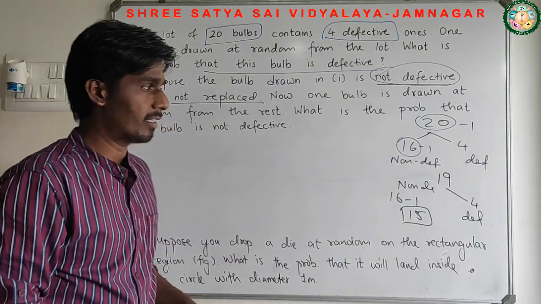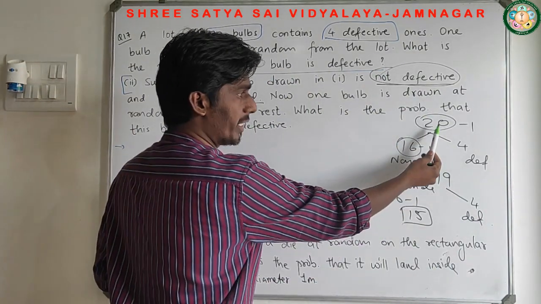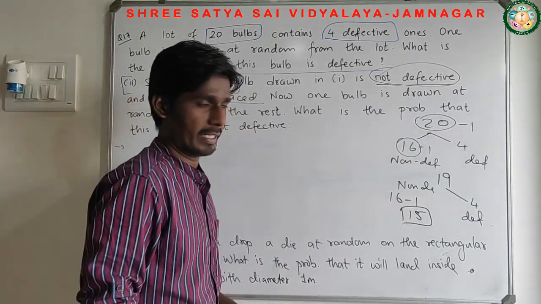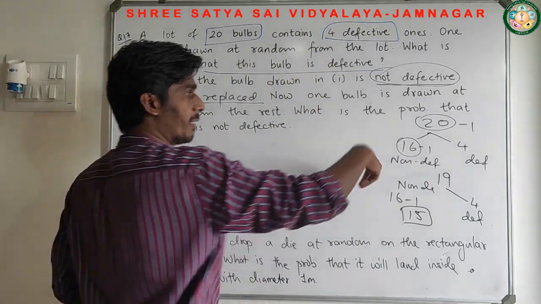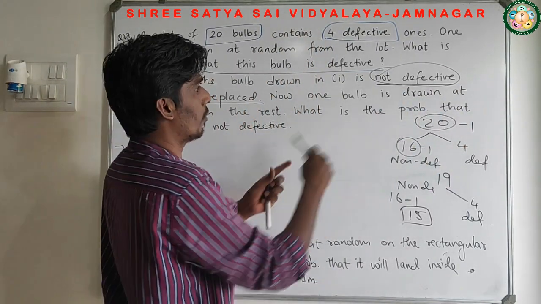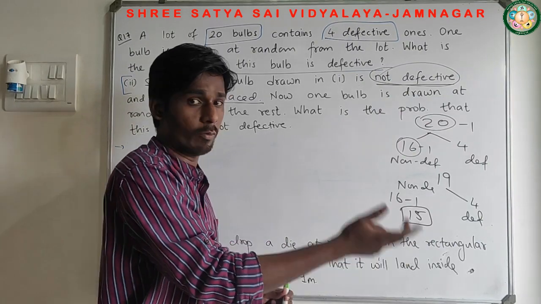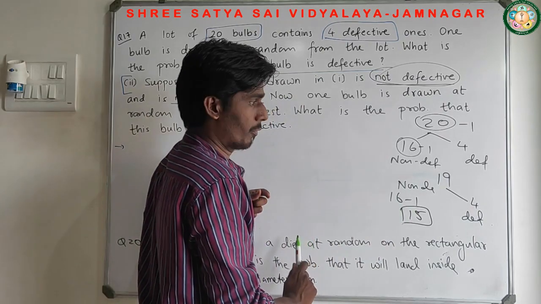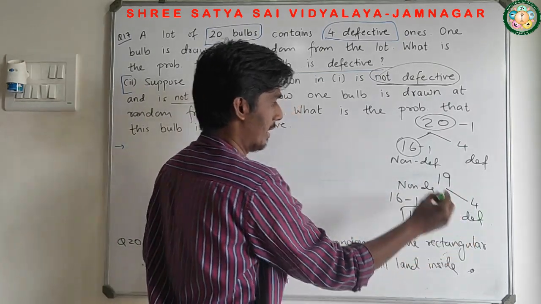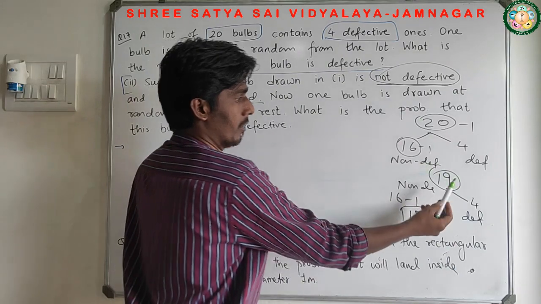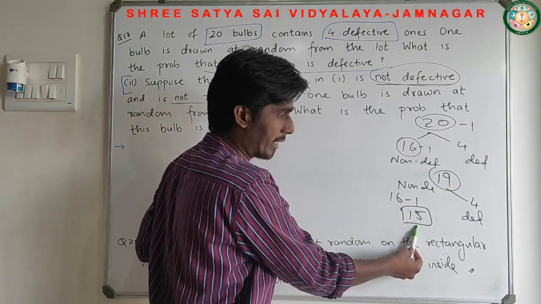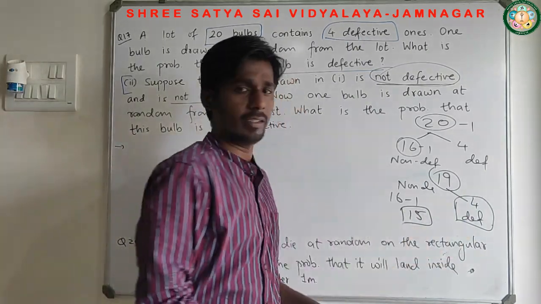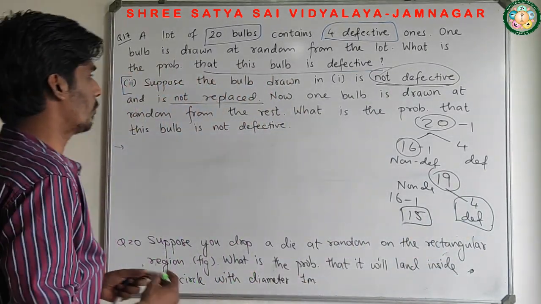Again I am repeating all this. Listen. Overall 20 bulbs are there. Out of that, 16 are non-defective and 4 are what? Defective. From the first case, I removed one of the bulbs outside, which was what? Non-defective. The bulb that was taken out was non-defective, so it is gone from the 16. So 16 minus 1 is what? 15. So now defective ones. Now out of the remaining 19 bulbs, 15 are non-defective and 4 are what? Defective ones. So 15 plus 4 is what? 19.